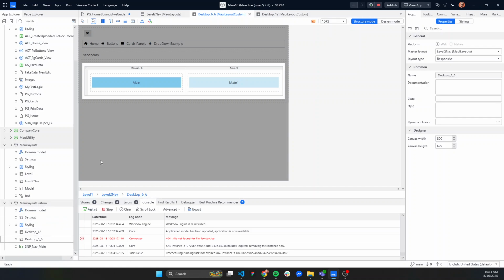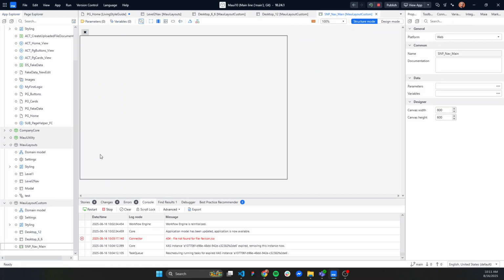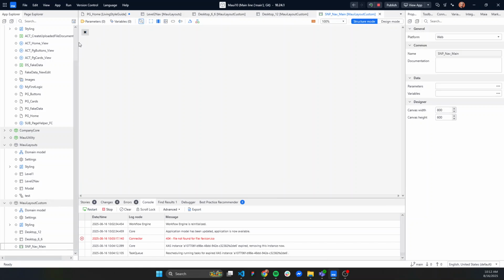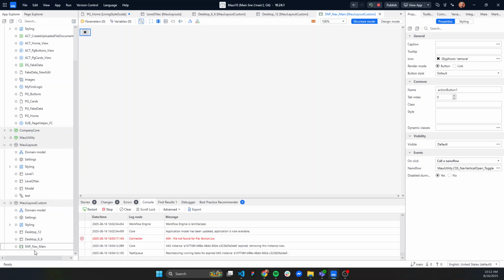And then we have these snippets. These pages, we have a main nav. These pages and snippets, these are owned by you or the client. These can be changed. The Maui layout is a